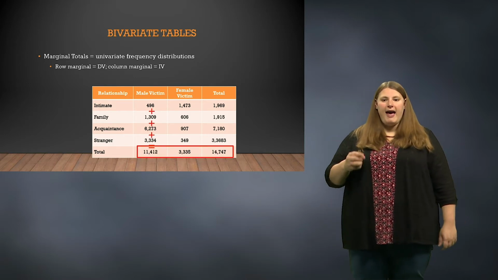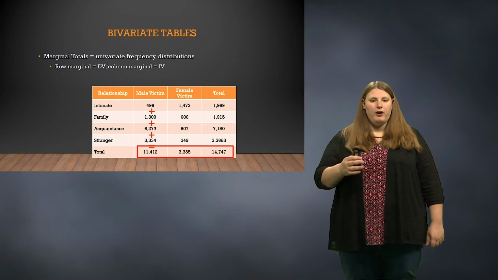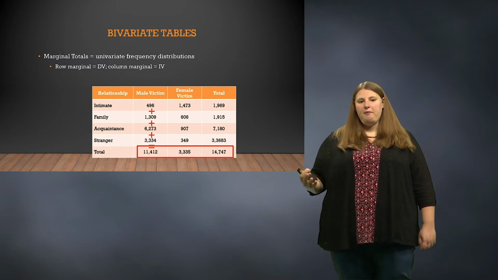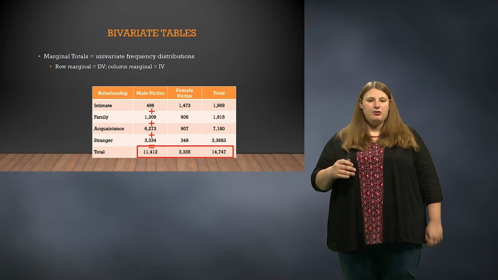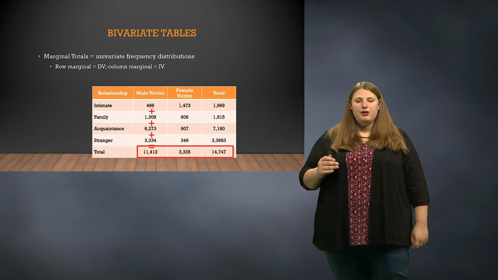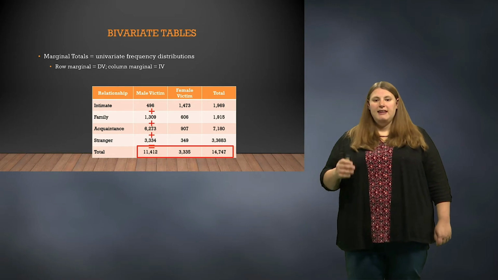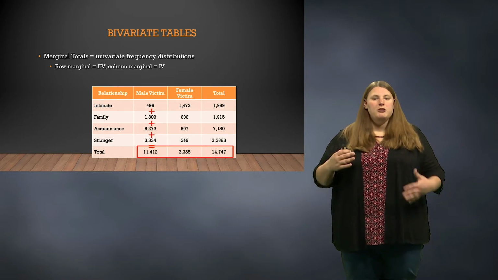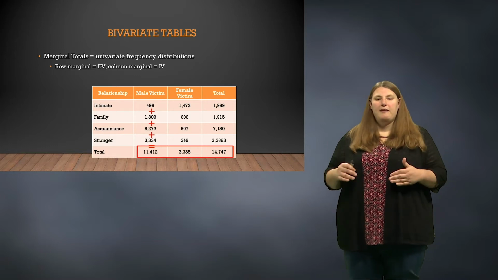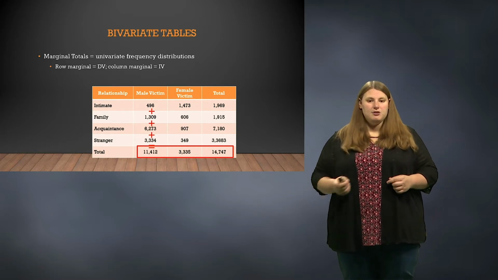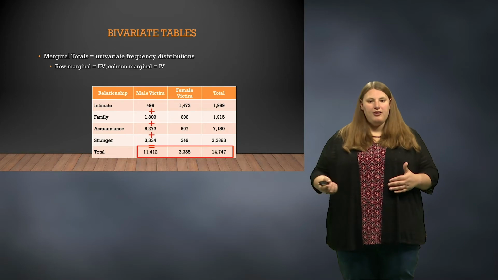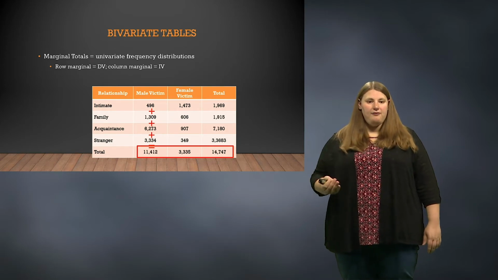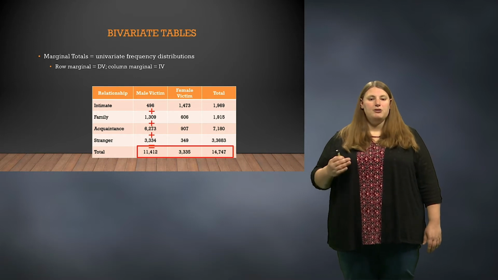In this example, we add up all of the male victims: 496 that were killed by intimate partners, 1,309 killed by family members, 6,273 killed by acquaintances, and 3,334 killed by strangers. That gives us the marginal total of 11,412, which means that in our sample, there were 11,412 male victims overall. We do the same for the female victims and find that the sample contained 3,335 female victims, which gives our sample a total size of